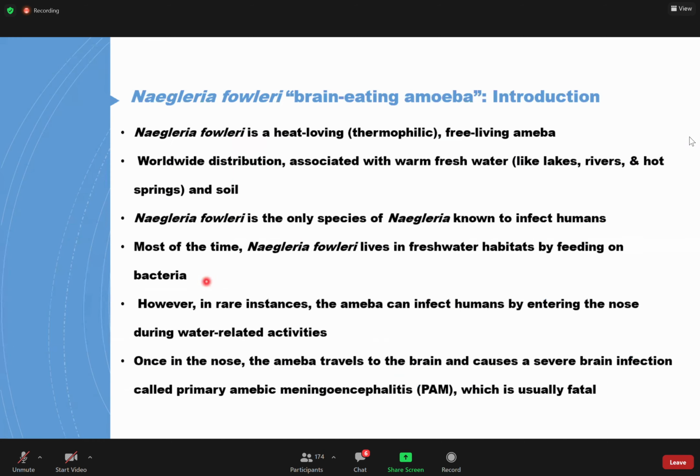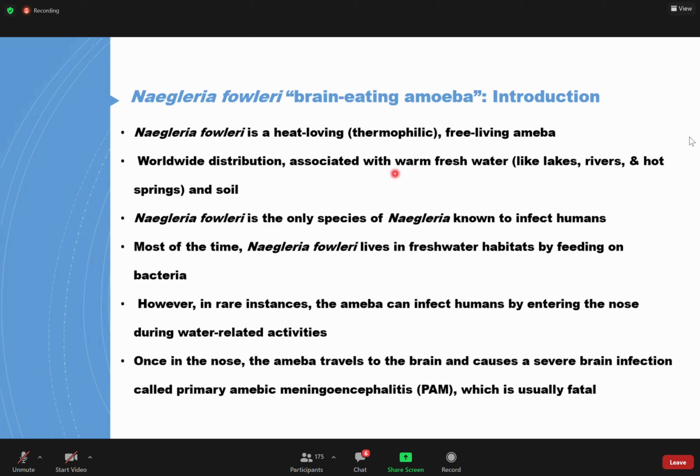Another free-living organism that is also a facultative parasite is Naegleria fowleri. Just like Acanthamoeba species, they can switch between a free living non-parasitic life stage and a parasitic life cycle stage. Naegleria fowleri is also referred to as the brain-eating amoeba because of its predilection to cause the most problem in the brain. The organism is referred to as a thermophilic agent, that is heat-loving, and it has a worldwide distribution.